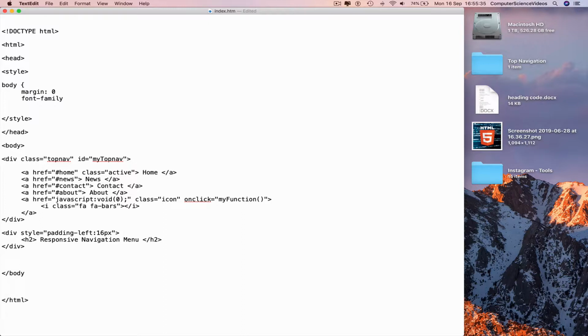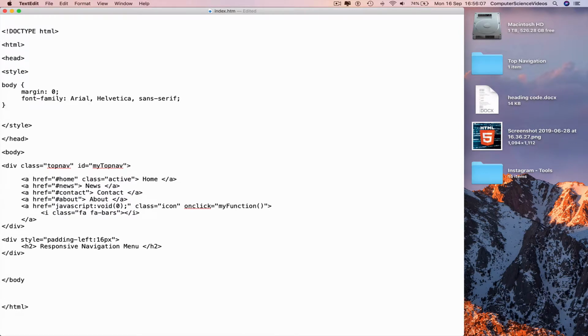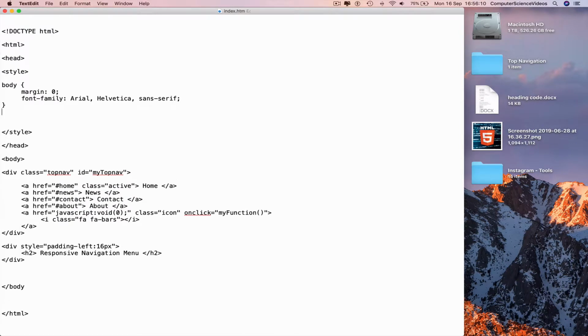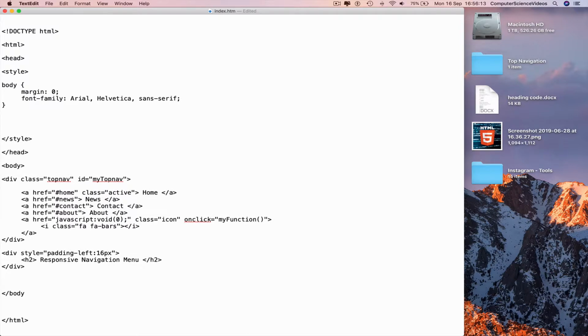Margin colon 0, semicolon, font family, colon Arial, comma Helvetica, comma sans serif, semicolon, curly brace, Command S to save, go to a new line, type in dot top nav,